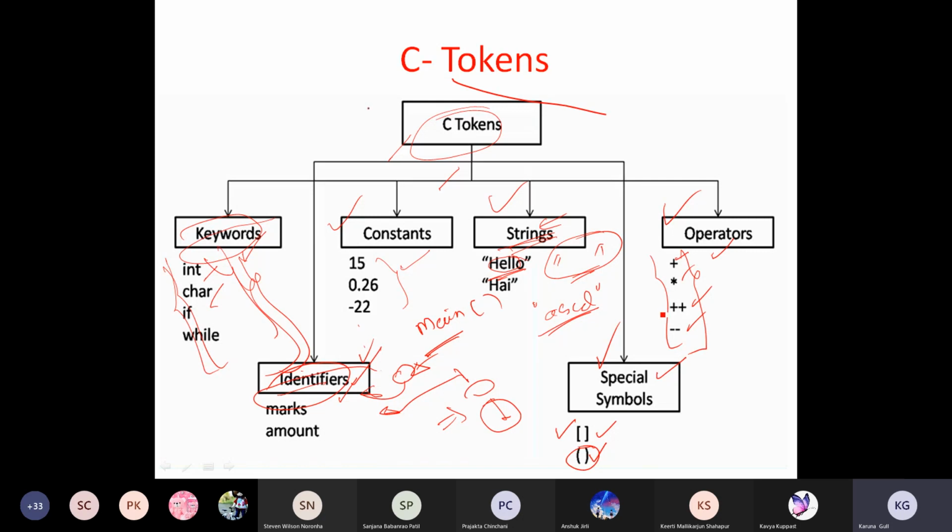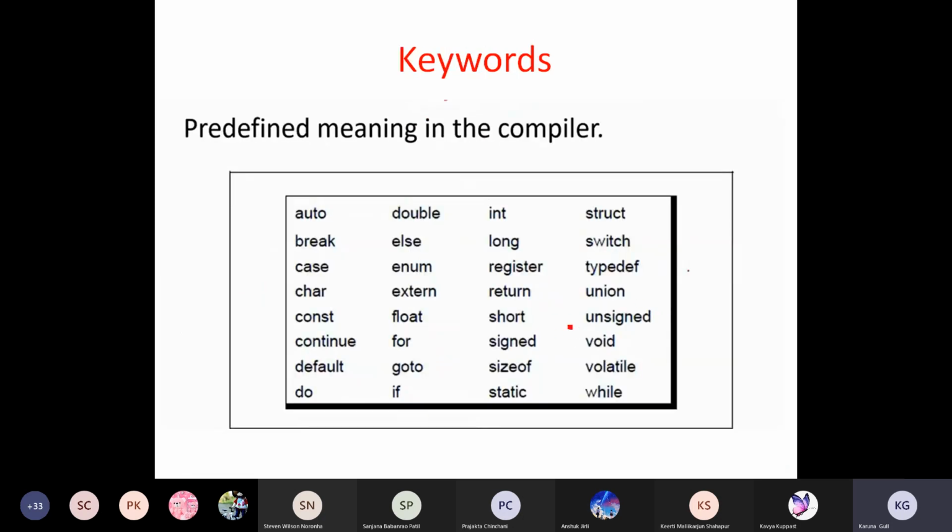Let's go ahead with the keywords. These are the predefined keywords found inside the C language. These are all the keywords. I hope I'm making it clear. These are the keywords available in C language. What is the meaning of keywords? These are given by C language. We are not supposed to take them as part of any variables. You cannot use these as variables. I cannot use int as a variable because this is a